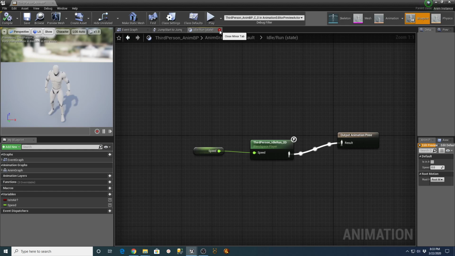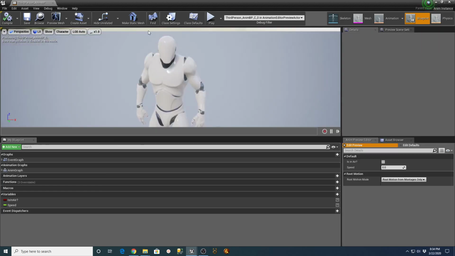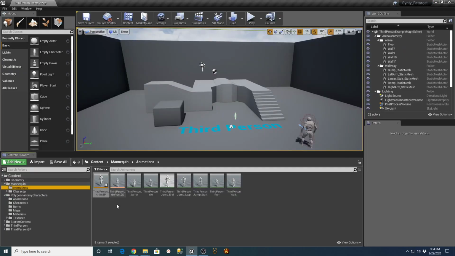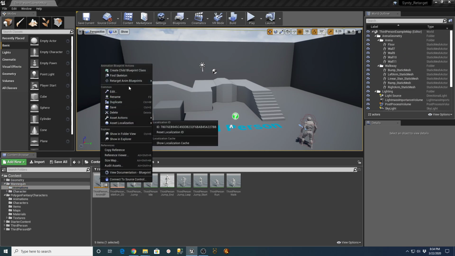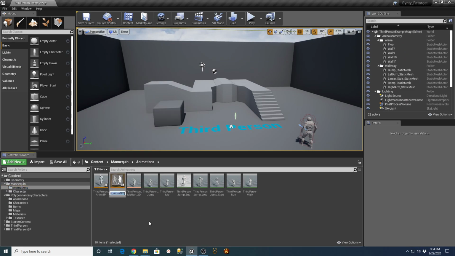So what I want to do is duplicate this and use it on my character, and then replace the animations that are in it. Instead of using the ones from the mannequin and retargeting that on there, I'm going to upload my character to Mixamo and then get new animation files and replace the ones that are in here. So to do that, we should be able to right click this and say duplicate, and I'm just going to call this Synty_AnimBP,